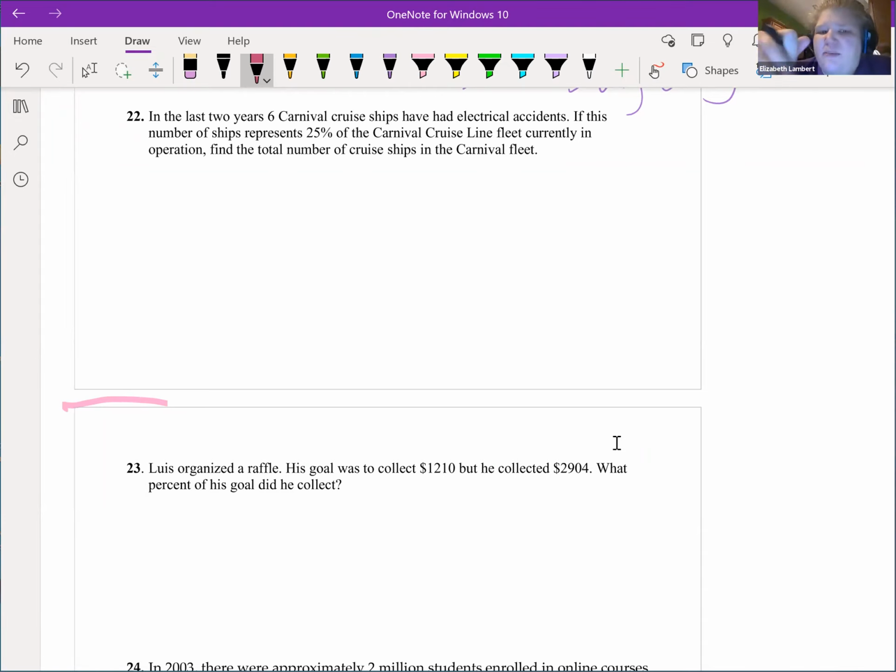Now, some of y'all might be looking at this and your brain is like, I can just common sense my way to the answer. Awesome. That is totally fine. Like if you're comfy, you know, well, 25% is just 1/4 of whatever the total is. So if 6 is that 1/4, then I just multiply it by 4 and I get 24 and there's my answer. And you totally got the answer. And you have no work to show for it,